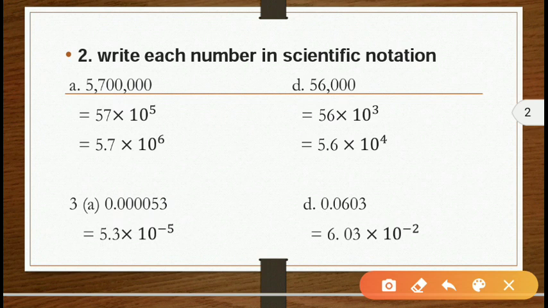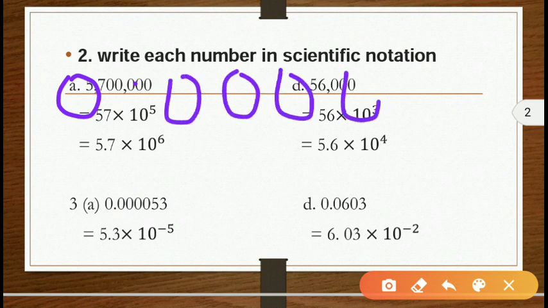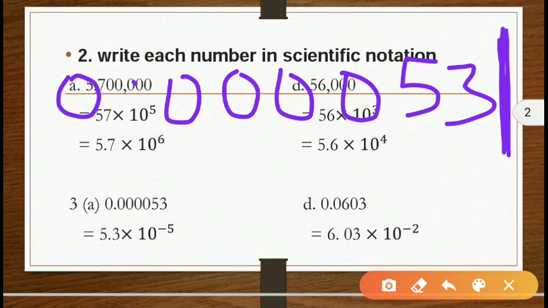Next question, question number 3. Remember one thing: if you are shifting your decimal from the right hand side to the left hand side, your power will always have the plus sign. And here suppose your question is like that, 0.1234 times 0 and 5 and 3. Now if you want to shift your decimal, this decimal is on your left hand side. Suppose this is the limit of your right hand side and this is the limit of your left hand side. You want to shift this decimal to the right hand side, so the power will be minus.